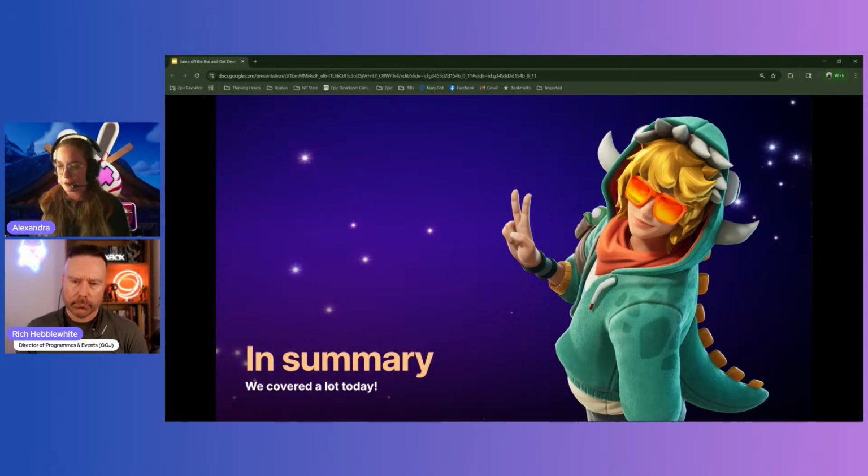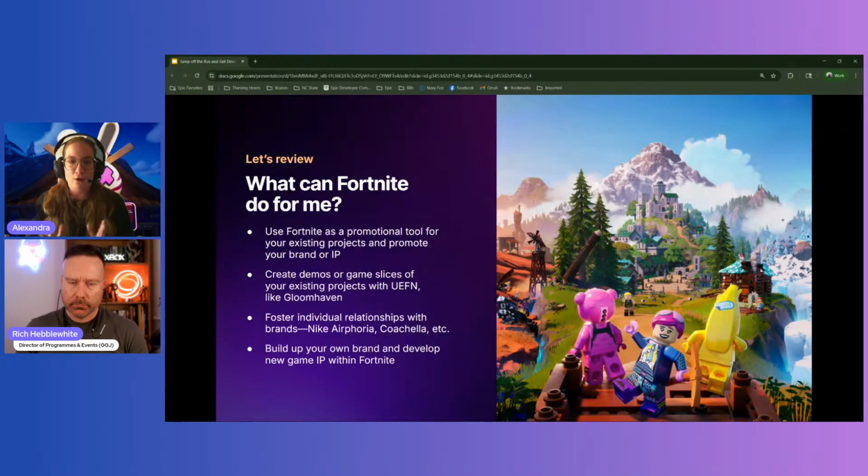Okay, so this was a lot of information. So what can Fortnite do for you, right? I think Fortnite, like I said in the beginning, is really great for getting up and running really quickly, especially for the jam purposes. I think if you're looking at something that's multiplayer, something that's shooting oriented, Fortnite is going to be really, really good to get going quickly. We do have RPG kinds of elements, but they're not as strong as the shooter elements because, of course, the basis for Creative was coming out of Battle Royale. So if you're looking for something that's multiplayer, or something that's shooting, this is a good tool to look at and check out.